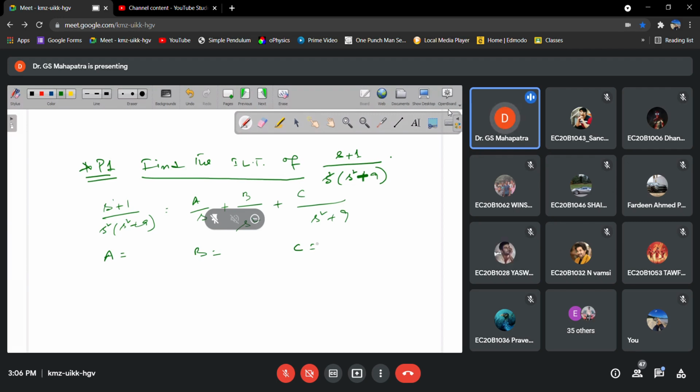In exam paper or anywhere, any exam times, maybe CT1, CT2 or final, all the time you should write the details here itself. Don't write in graph page and then write the final result A, B, C. Don't do that. Whatever the calculation, you got the answer, on the right hand side you make some space and do all the calculations here. You tell me the answer A, B, C only.